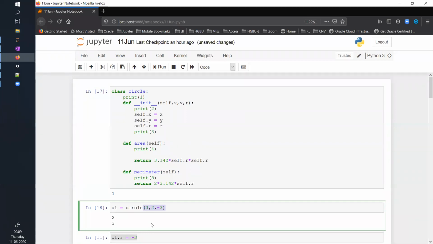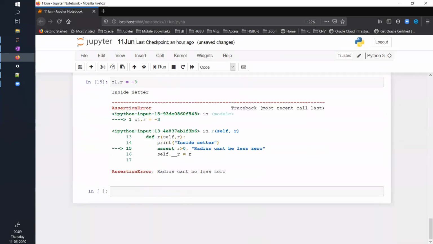So intuitively, can you think, because we are doing object-oriented programming, we are trying to mimic the things which you see in the world. So can you have a negative radius for a circle? No, right? Yes, sir, we cannot have a negative radius. But here you are creating an object with a negative radius. Although in the functions you can add additional logic, additional validations, still you are creating an object with negative radius. That should not be allowed.